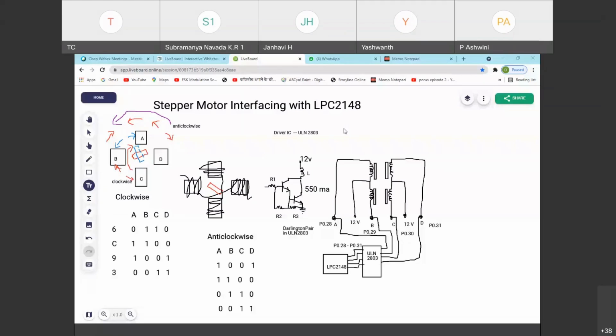Now I wanted to drive the stepper motor. Please understand, the stepper motor configuration is shown here. What is the configuration? There are 4 stators. The small red boxes around are the stators, which you can call stator phases, surrounded by windings. In between, there is a rotor. So we have the stator and the rotor.